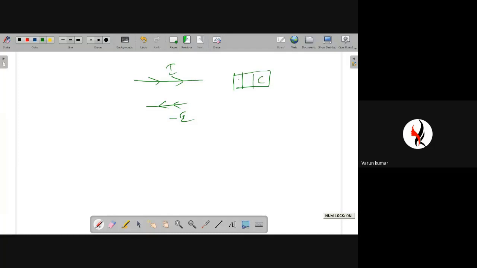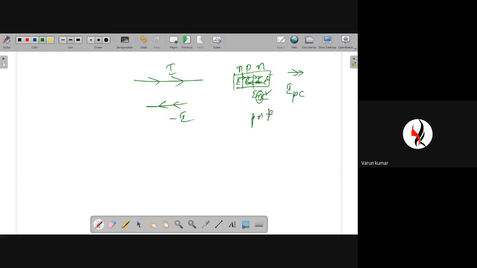Suppose the current is flowing in the forward direction, then the current will be taken as I. If the current is flowing in the reverse direction, then it will be taken as minus I. If you take these two diagrams, the current flowing in one direction from left to right is taken as I, then on the opposite side, the same magnitude of current will be taken as negative. That's the case. In a p-type semiconductor, IPC is the current where the p-type collector is made of p-type semiconductor.